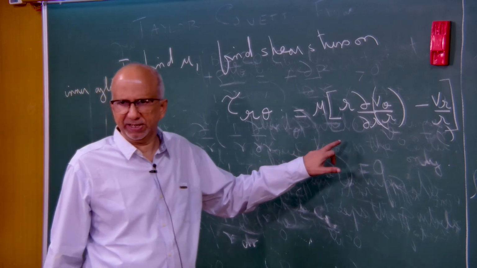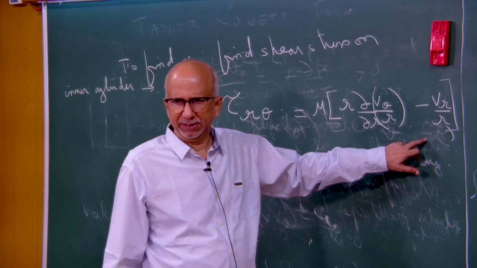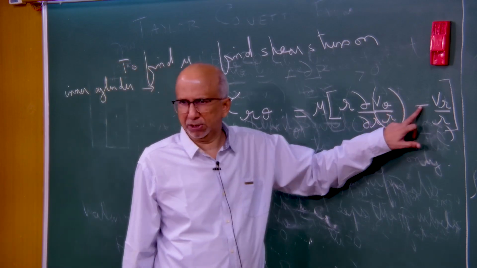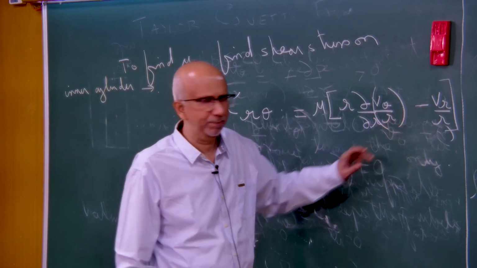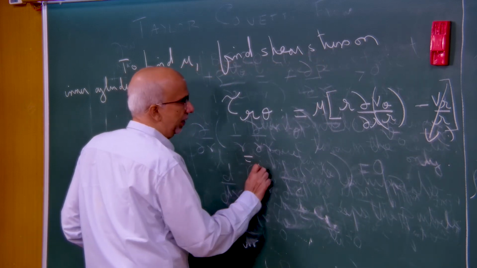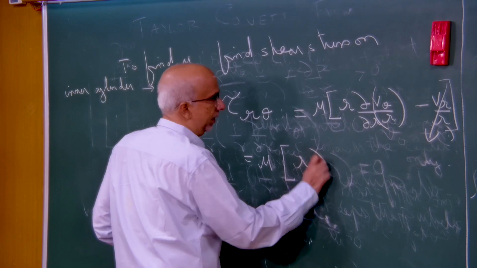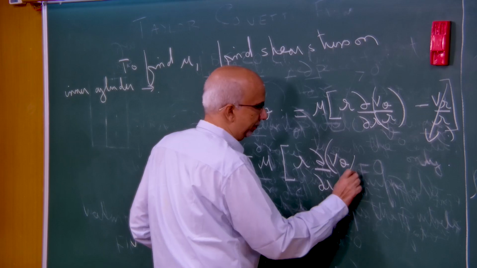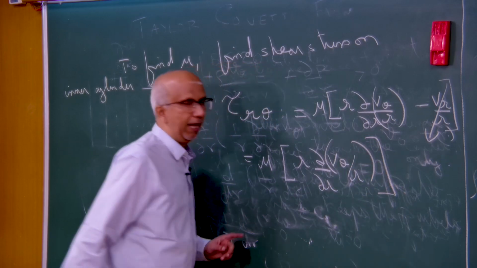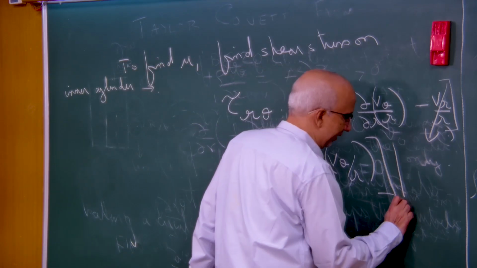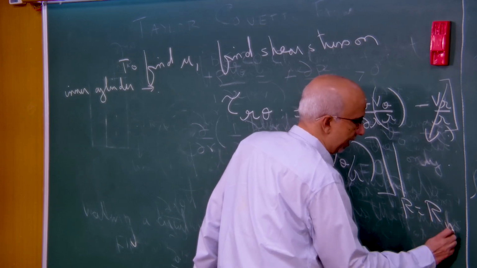I think the first part is right, the second part I do not remember now. I think this is Vr by r. Anyway, it does not matter, this does not contribute because Vr is 0 for us, okay. And I am saying that this guy is mu times r d by dr of v theta by r, okay. And I have to evaluate this at the inner cylinder surface. This has to be evaluated at r equals R in,